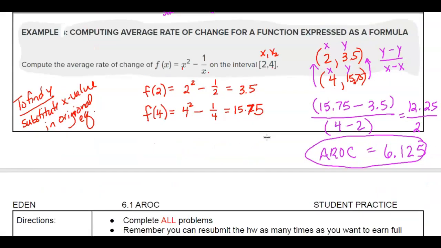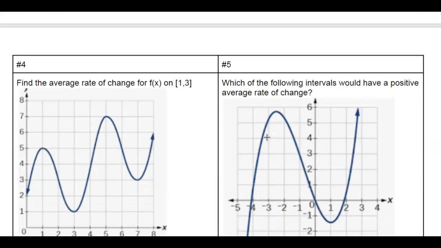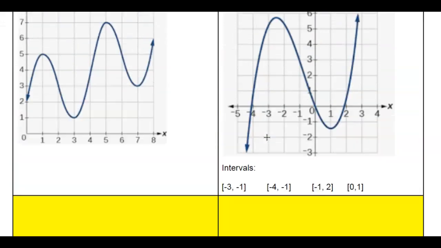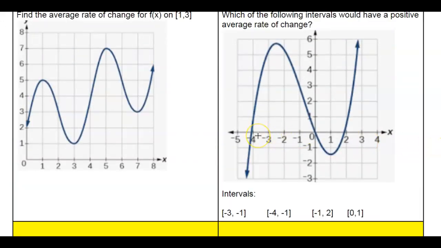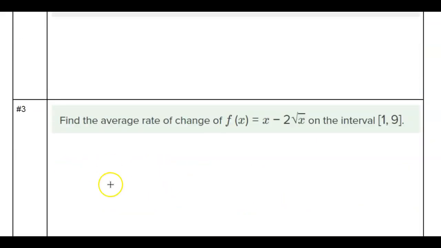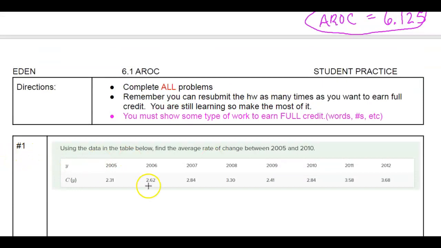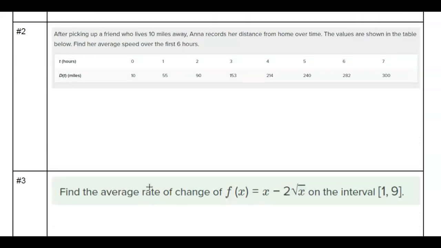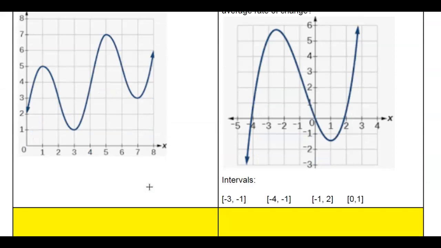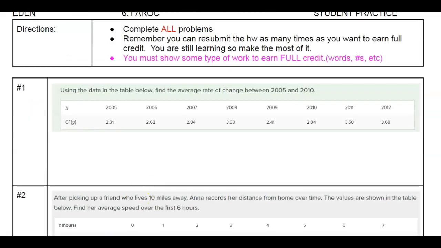Okay, so on your student practice, I have given you 5 to choose from. So go ahead and in the yellow boxes, that's where you would put your answer. These, you can just do your work here. So keep in mind, you can download these as PDFs, you can print on them, but write a number and show your work. Okay, so on this one, I want you to try all 5 problems. All right. Okay, good luck. Let me know if you need